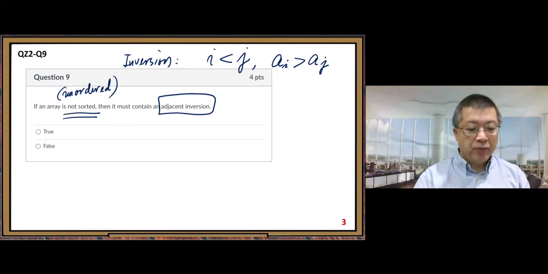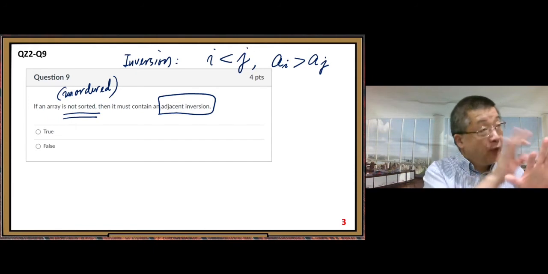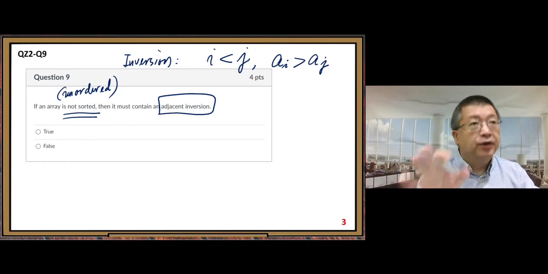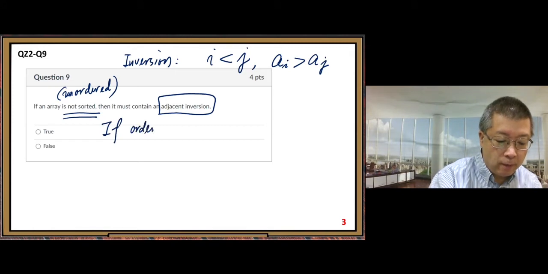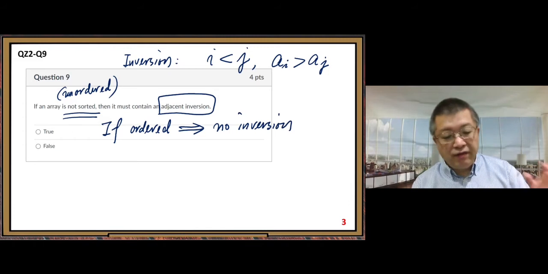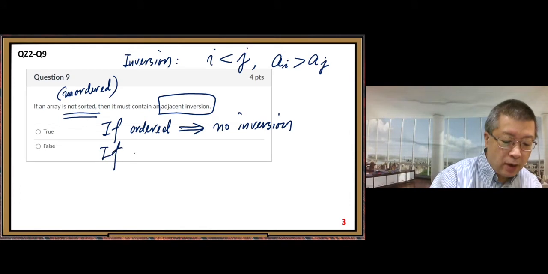With that concept, let's look at it. If the array is ordered, there is no inversion, so you cannot find an inversion anywhere. Now, if unordered,